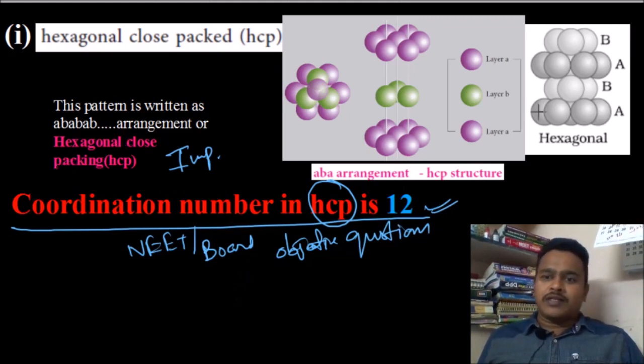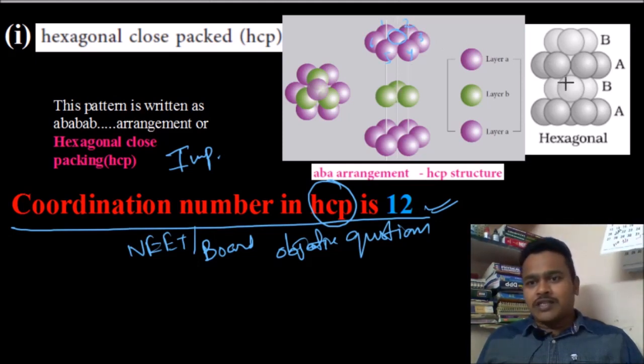Once again, I am telling that for this sphere, if you want the coordination number, it is going to connect with how many? 3, 4, 5, 6 spheres in the same layer, and above 3 and below 3. For a better understanding, this is the A layer, above it a B layer and below also a B layer only. In this A layer, the same layer you are going to observe, how many are there? Overall, 6 spheres are there.